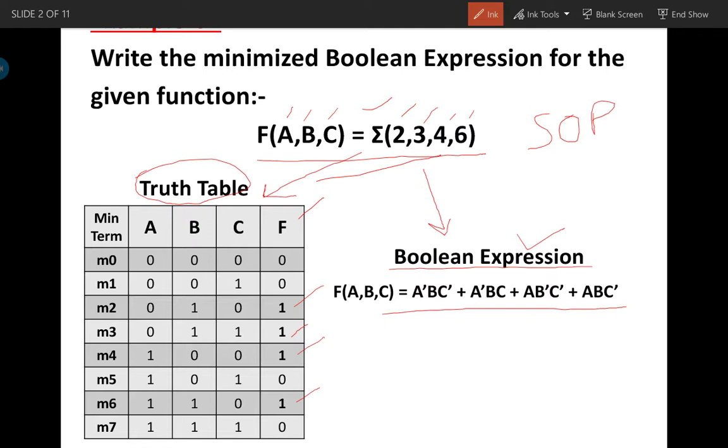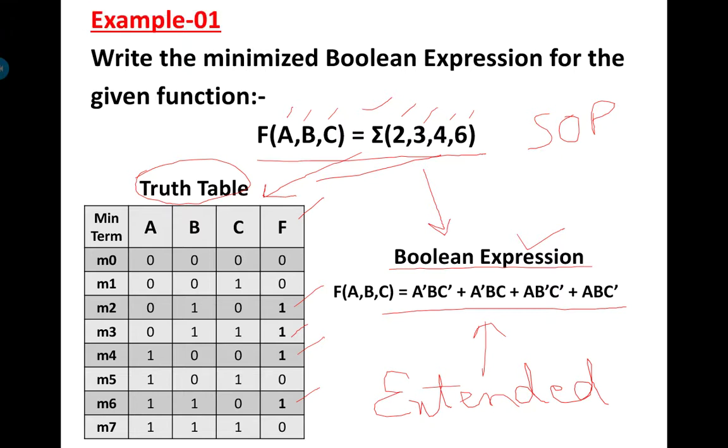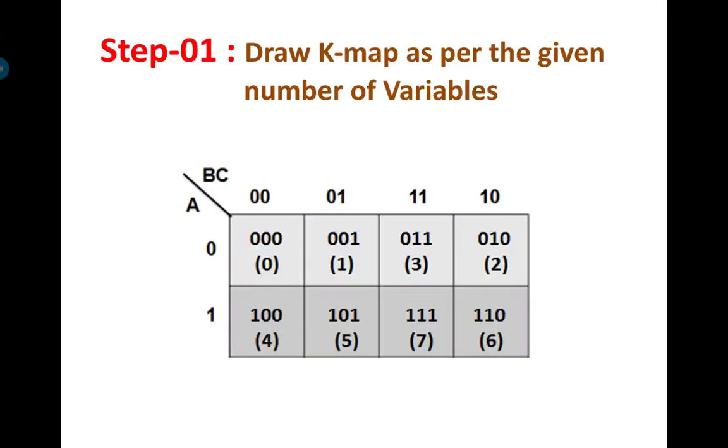Now before we go further, let us look at this Boolean expression we are given. This Boolean expression is in the extended form. Extended form means that the Boolean expression is given as it is, and if we go for implementing the hardware from this expression, you will require more hardware for implementing it. Therefore we go for a reduced Boolean expression so that the hardware will reduce, right? So now let us go stepwise to solve this expression.